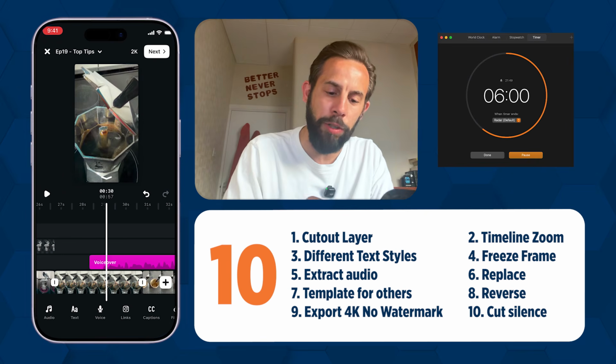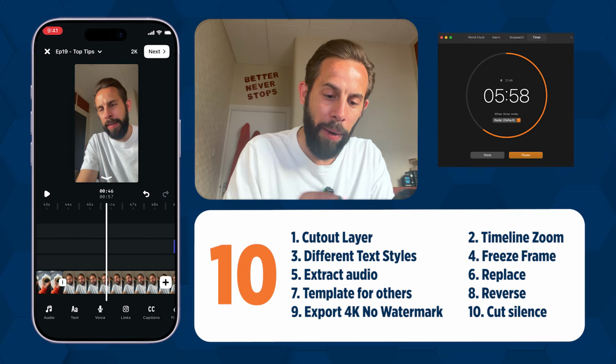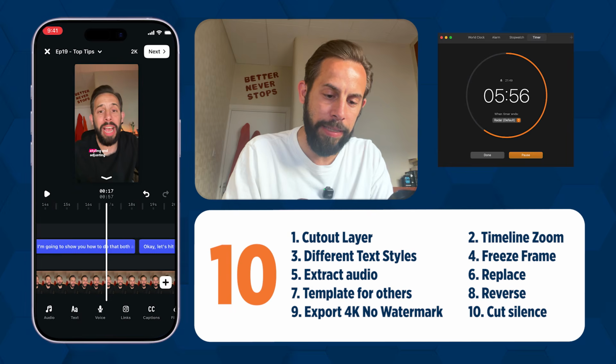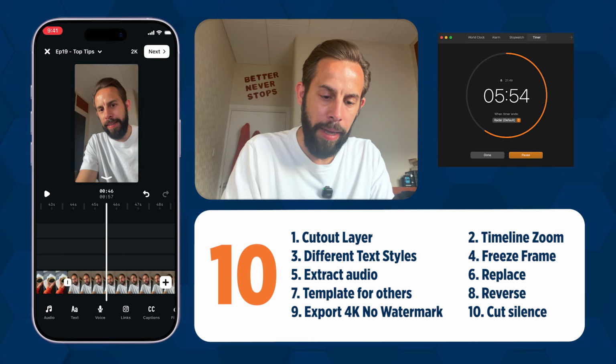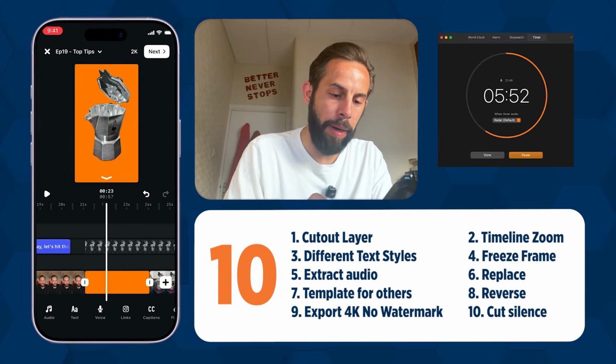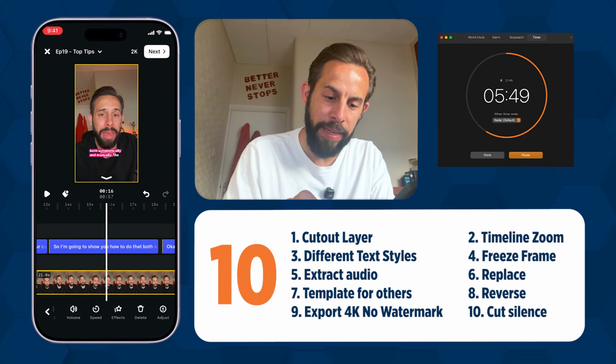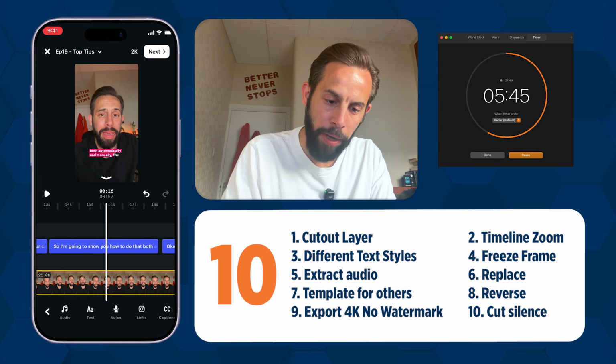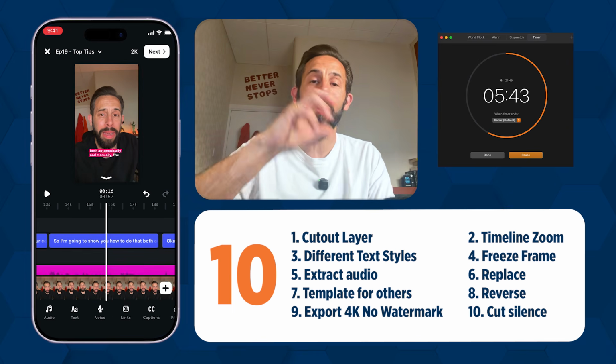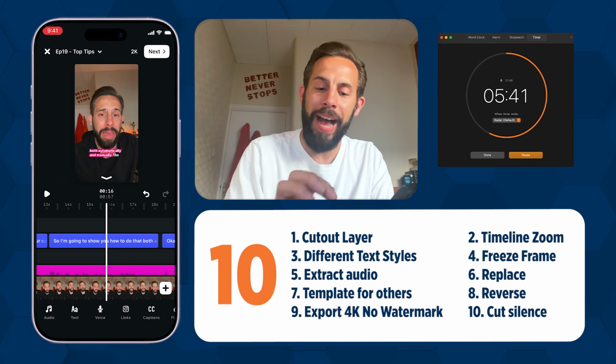Let's keep going. Extract audio. If we want to take the audio out of somewhere, so let's just say the audio from here, tap this, and you can extract and use it as just extract audio. It will then take the audio from that video